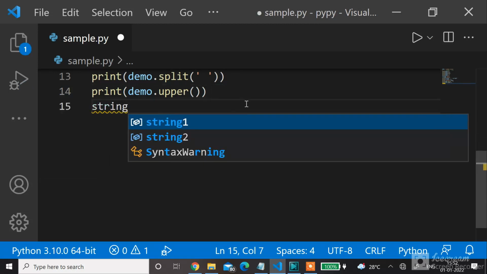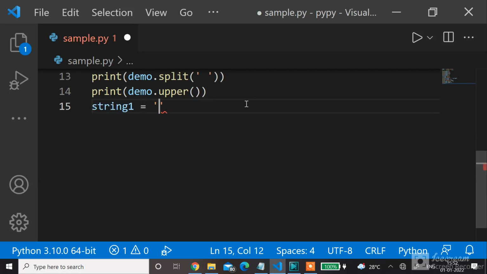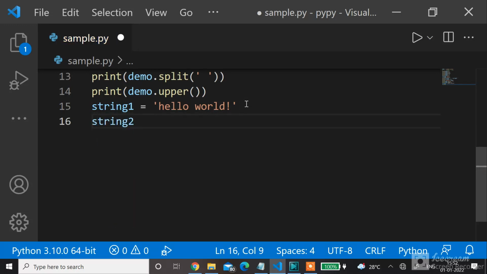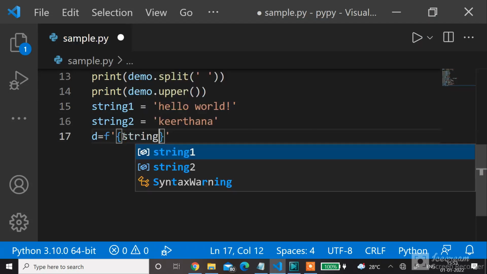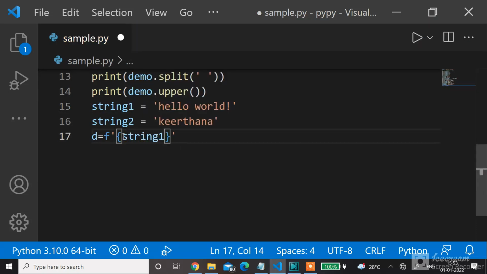String format. String 1 is hello world. String 2 is Kirtana. D equal to F open quotes open curly brace. Inside the brace, you have to write a variable which holds the value you need. Here I need hello world, so string 1, close the brace.